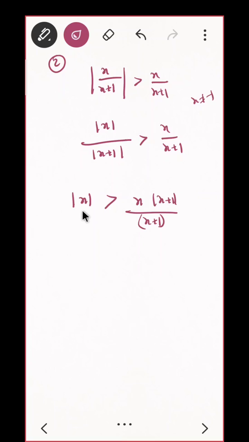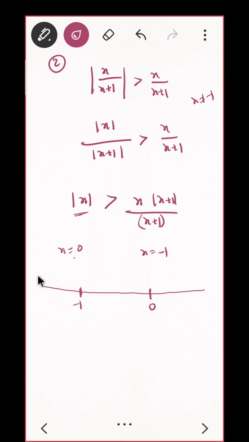Okay, what next? What should I do? We already know how to do this type of question when you are having two mod and in between you are having inequalities. X equal to 0 and x equal to -1. Do you agree? You have to focus only on the mod terms. So there are two mod terms. One is mod x and one is mod of x plus 1. X equal to 0. And is that okay? Interval -1 is here and 0 is here. Somewhere here. Okay. What can you say?